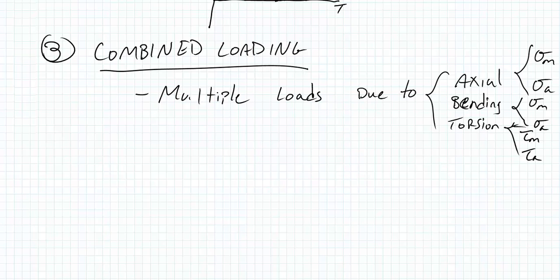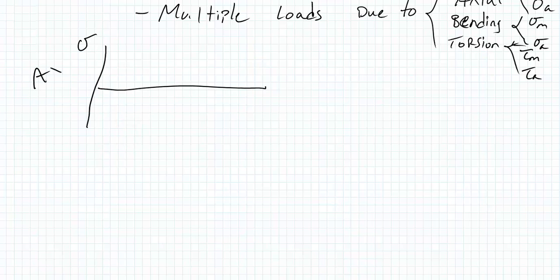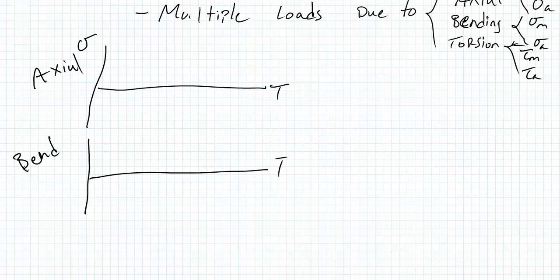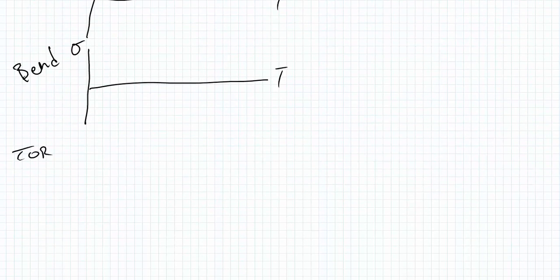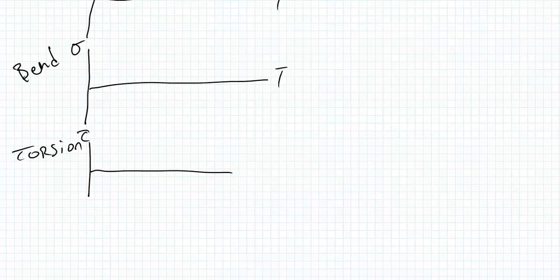So we could have a situation where we've got, over the same period of time, this will be our axial load over time. This can be our bending load. That'll also produce a normal stress that we care about. And we could have some torsion over time, causing some shear stress that we care about over time. So if we think about